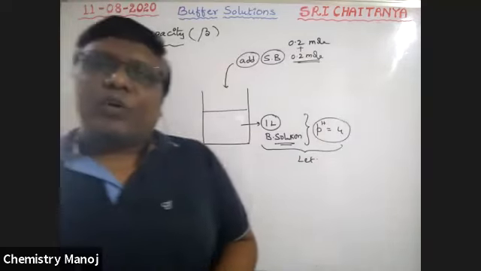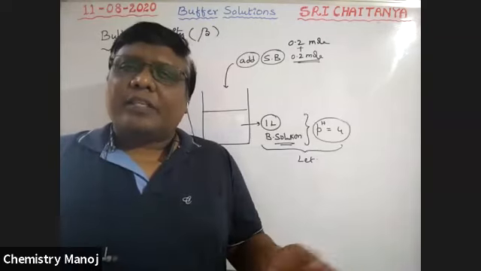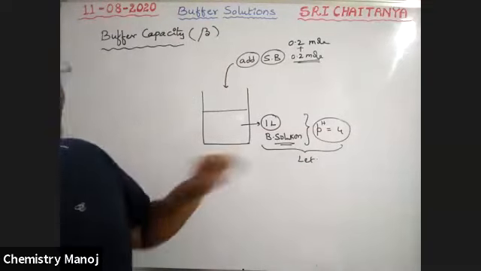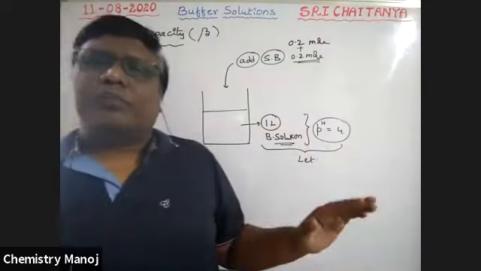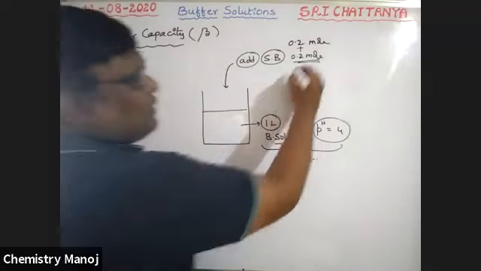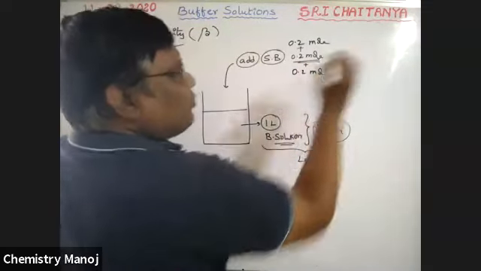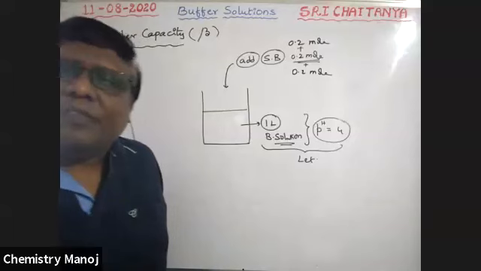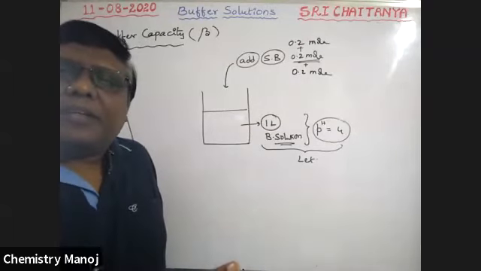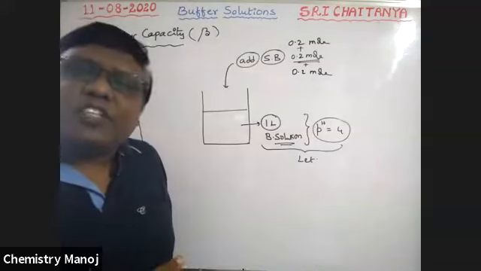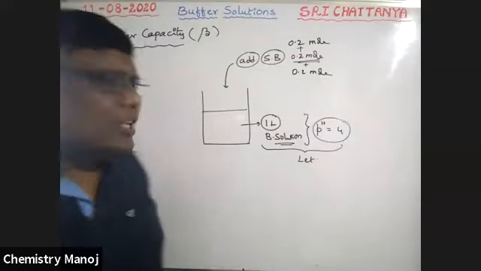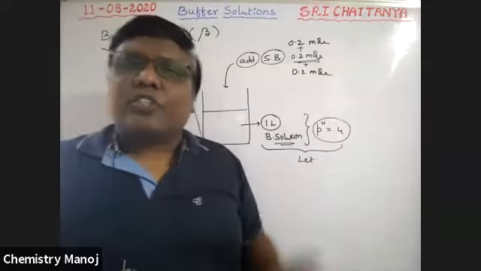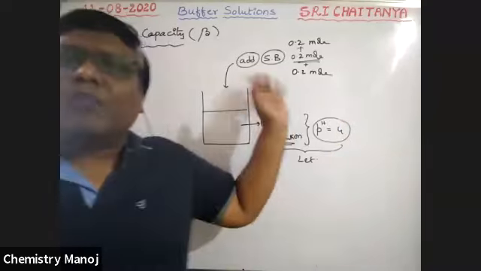Maybe constant, but we cannot say exactly, because it is no longer a little amount, a larger amount of base is being added. Let us take this as constant. Further 0.2 moles is added. That means, no doubt, the buffer bursts itself and does not oppose the change, so the pH value changes. The basic nature increases, and as it increases, the pH of the solution should increase, because more and more base is added.